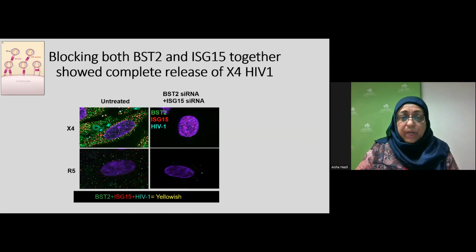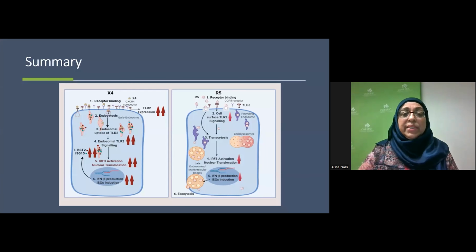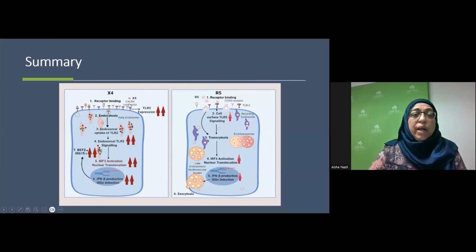So if I want to summarize my results, I will say that X4 binds to its co-receptor on the cell surface, increases the expression of TLR2, gets into the early endosomes, and it also initiates the endosomal uptake of TLR2, and activates TLR2 signaling in the endosomes, which activates the interferon beta signaling pathway and induces ISGs. Two of these ISGs are responsible for blocking X4 release from the early endosomes, and it completely traps the virus